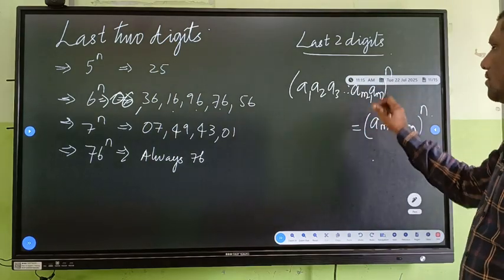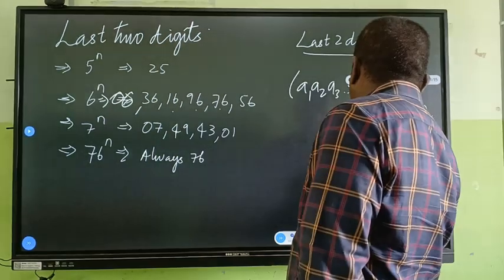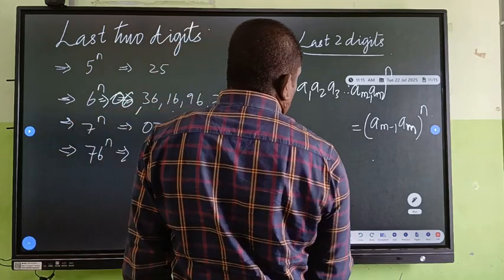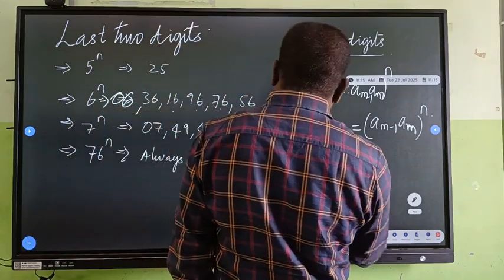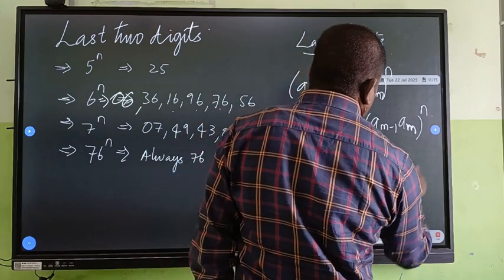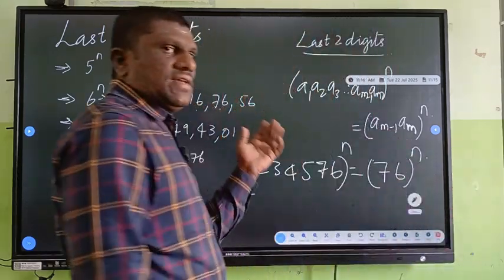For example, suppose the last two digits of a number end in 76. Some big number is there, 1, 2, 3, 4, 5, 76. So what will be the last two digits if the power n is there? The last two digits will be 76 power n. As we saw in the previous single digit case also,